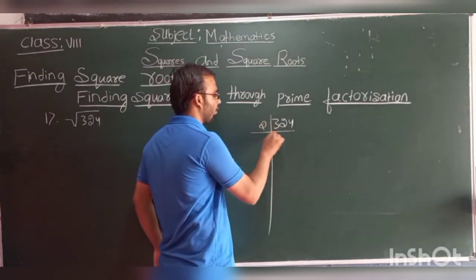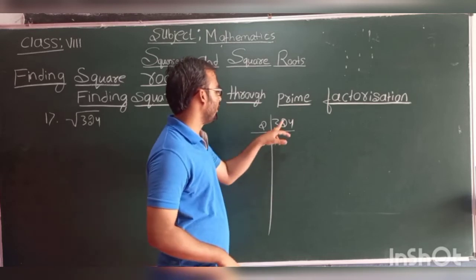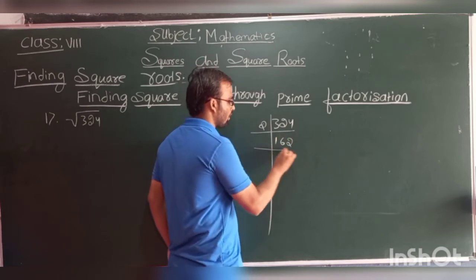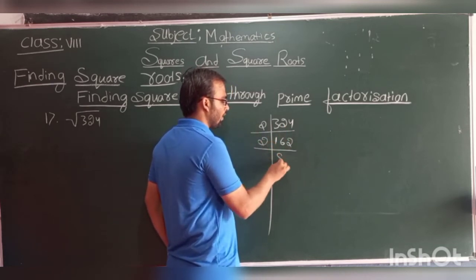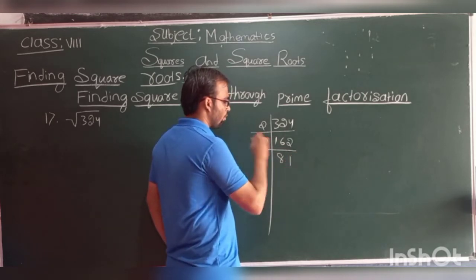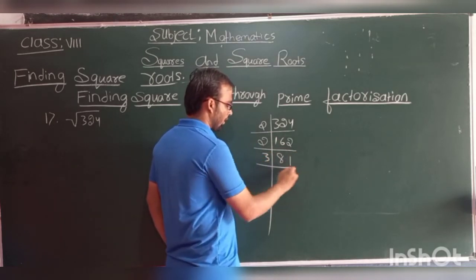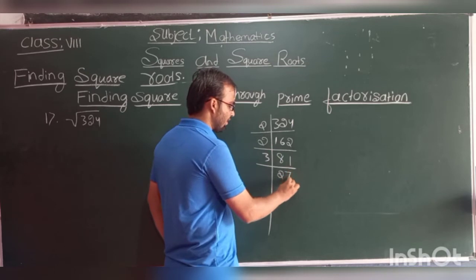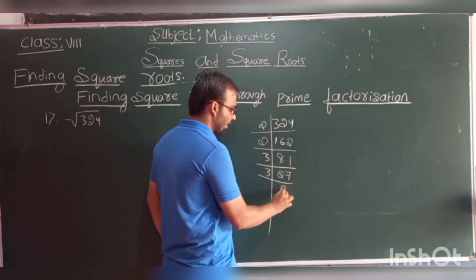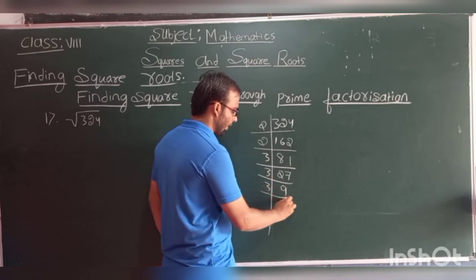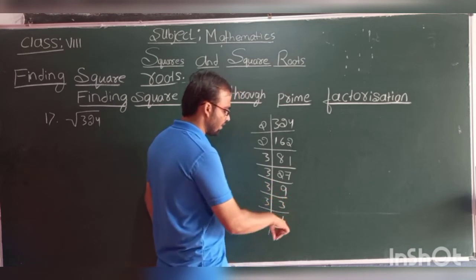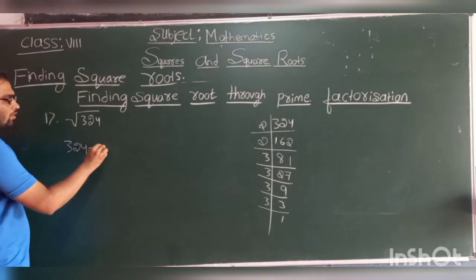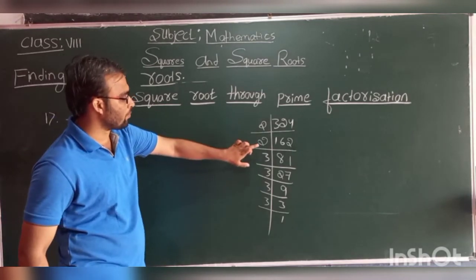Okay, so just look at here. 2 ones are 2, 1 remains. It will become 12. 2 6s are 12. 2 2s are 4. Now 2 8s are 16. 2 1s are 2. Next, 3. 3 2s are 6, 2 remains. It will become 21. 3 7s are 21. 3 9s are 27. 3 3s are 9. And 3 1s are 3. Okay, so what factors of 324 have we got? That is 2 two times and 3 four times.